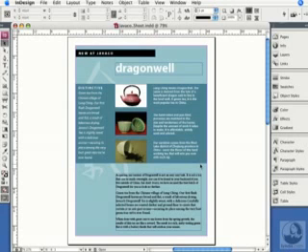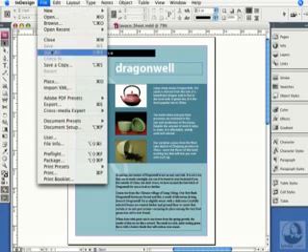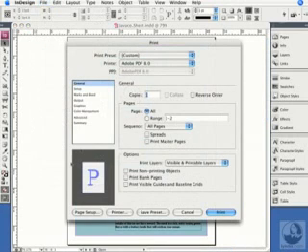Now you can make PDF files in two ways from InDesign. First, if you have Acrobat Professional, you can print to PDF via the Print dialog box. I'll go to File, Print, and then I'll choose Acrobat PDF from the Printer pop-up menu here. This basically prints PostScript to disk and then uses Acrobat Distiller to turn it into a PDF file in the background. However, I'm going to hold off on talking about the whole Print dialog box thing until the next chapter, but I will say now that while this is one way to get a PDF, I much prefer the second